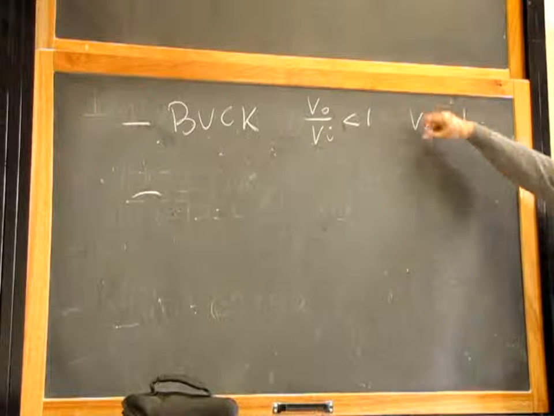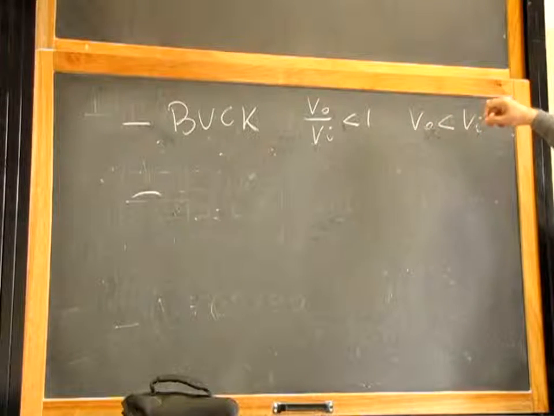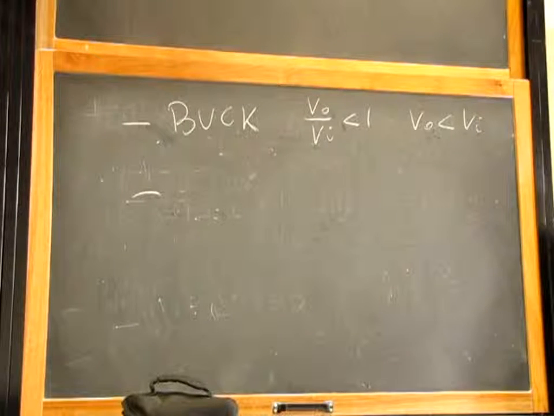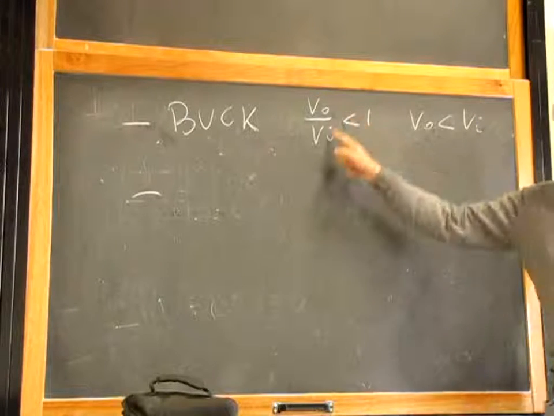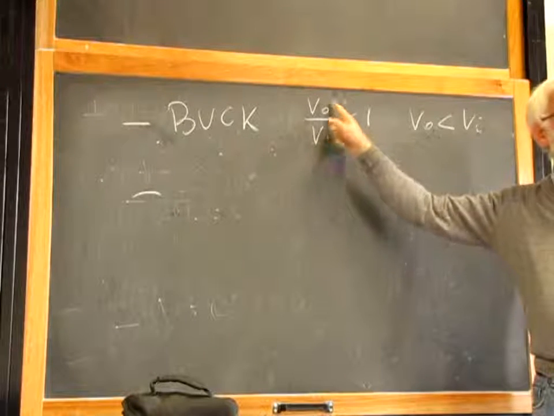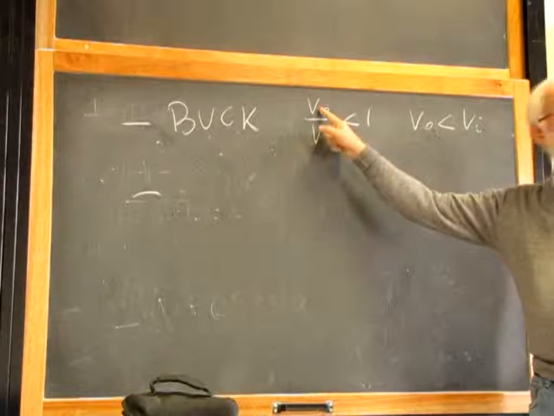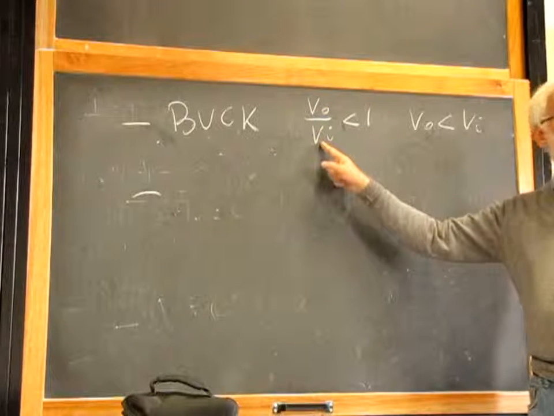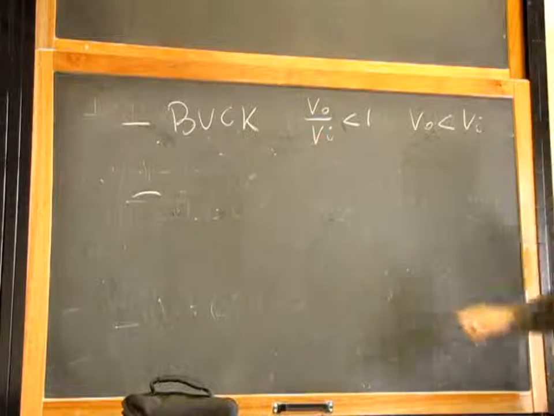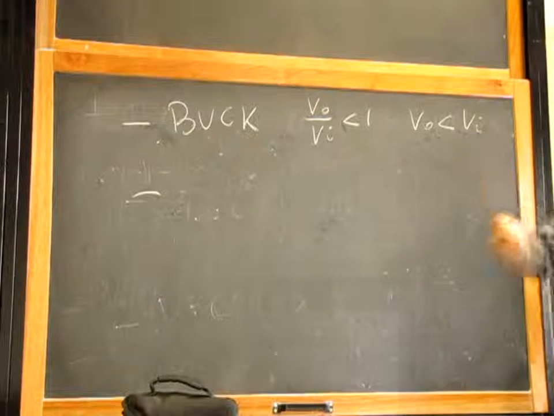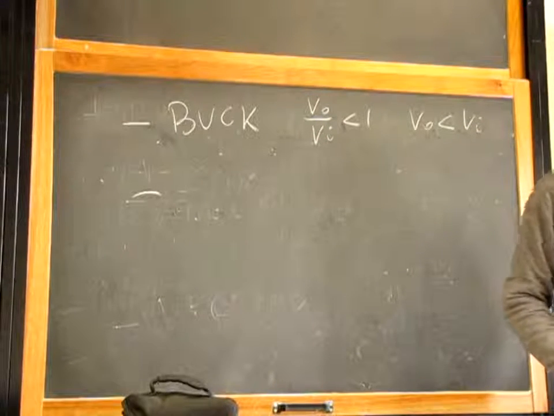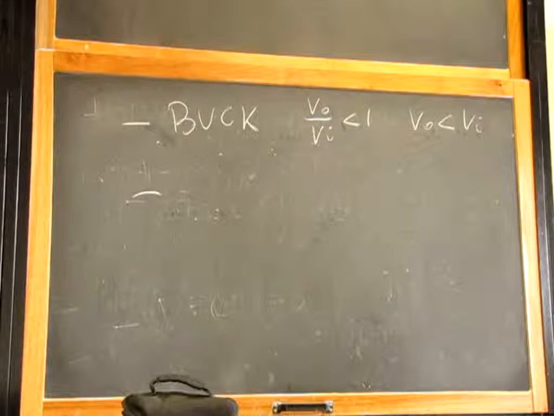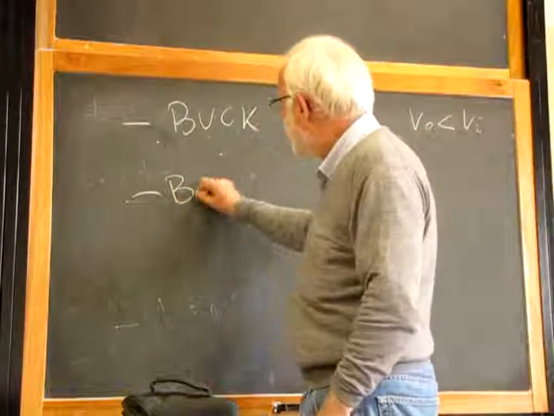I can't put magnitude signs or actual values because the system just becomes more complicated. This is the right expression. Input and output have the same sign, and the output in actual value is smaller than the input, but has the same sign. If you want to write to me that the output voltage is smaller than the input voltage, same sign, it is absolutely perfect. Then there is another converter, another topology that is called boost,